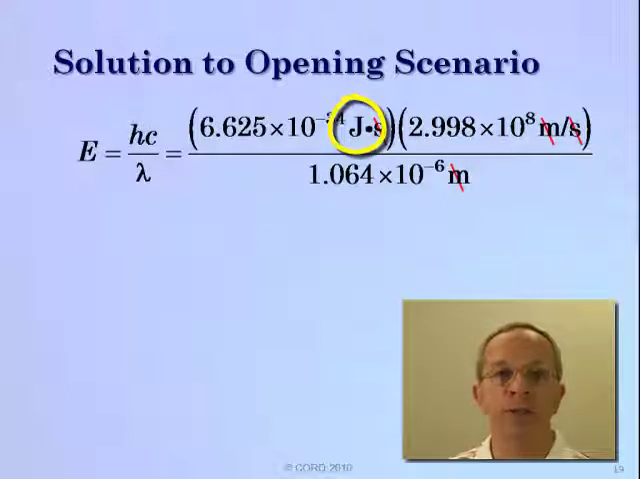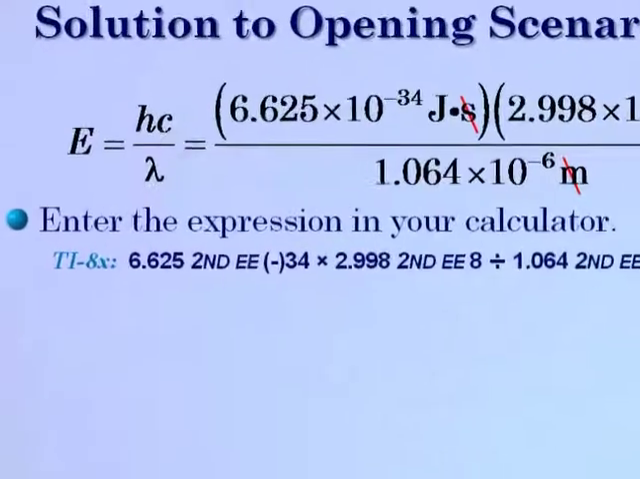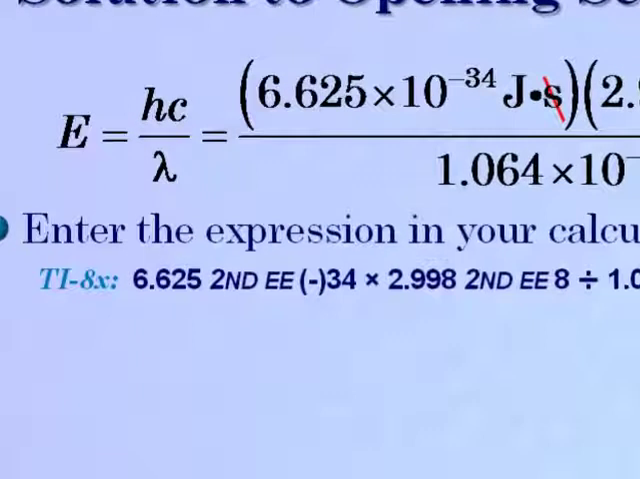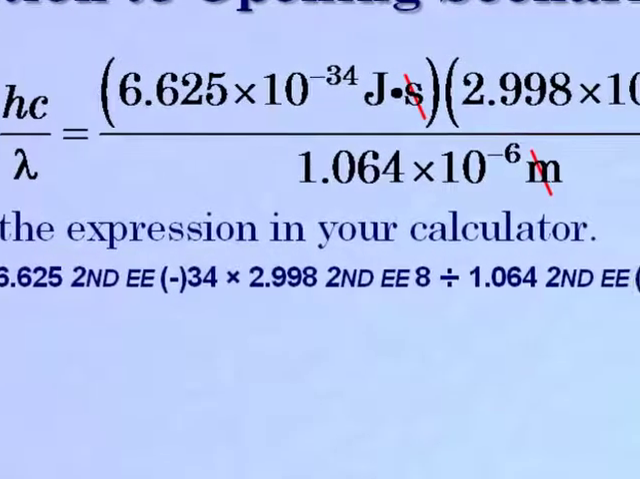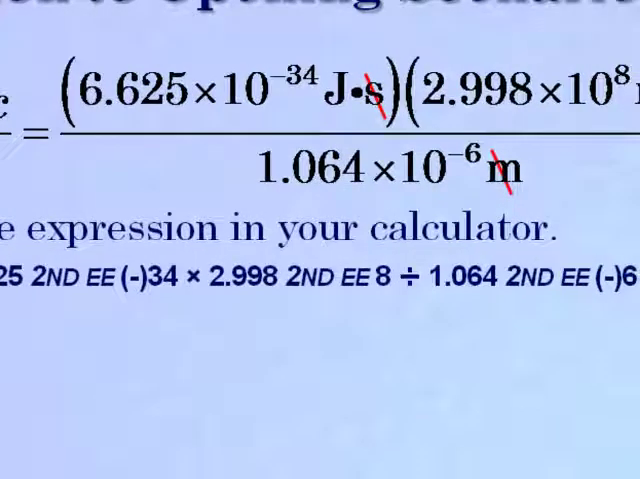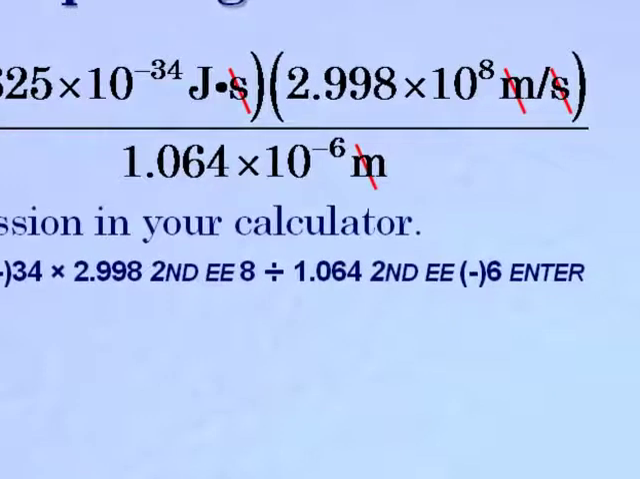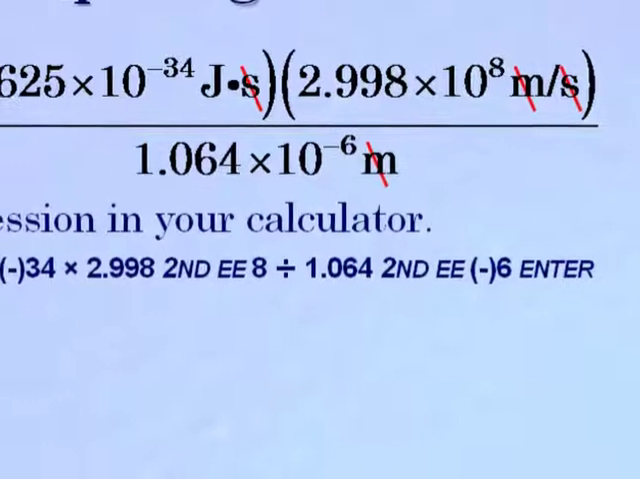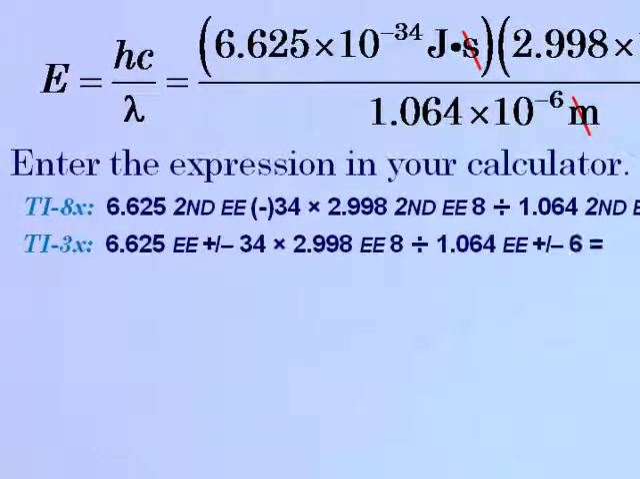Now we can proceed to calculate the value with our scientific calculator. Enter the expression in your calculator as shown here for the TI-83 or 84 series of calculators. So you enter 6.625 followed by that exponent function and a negative 34, and times 2.998 and the exponent function and the power of 8, divided by 1.064 and the exponent function and the exponent of negative 6. Then you press the enter key to complete the evaluation. On the TI-30 series of calculators, you would enter a similar evaluation followed by the equal sign. And the result will be